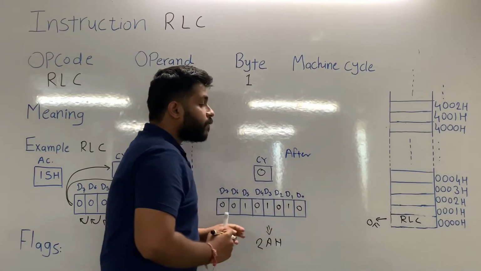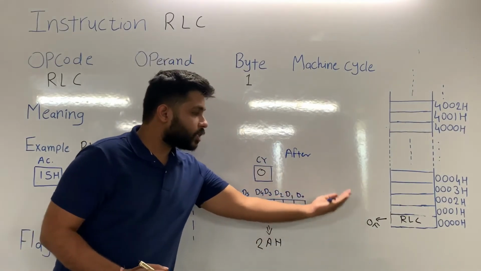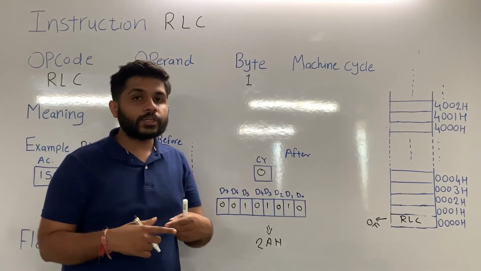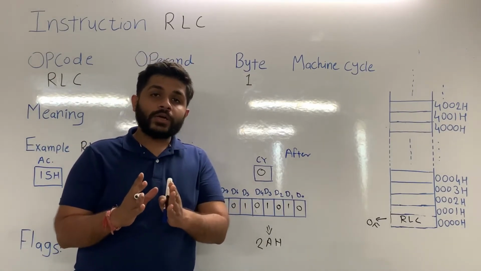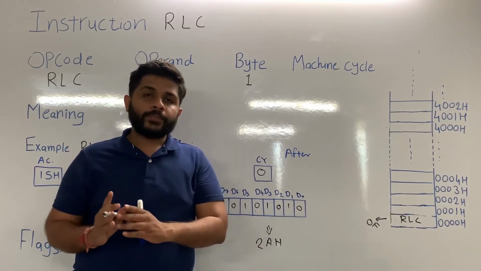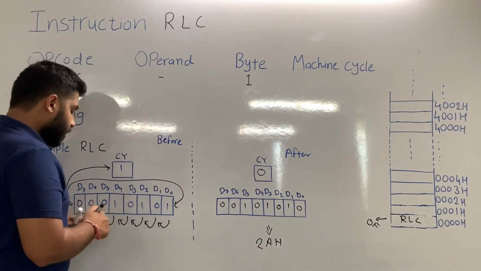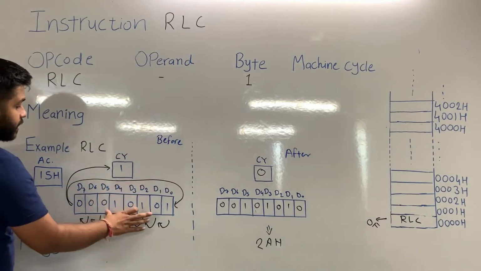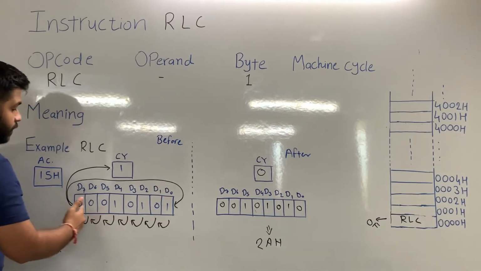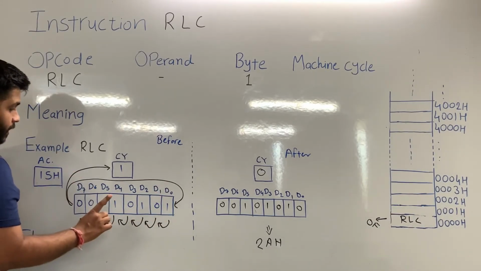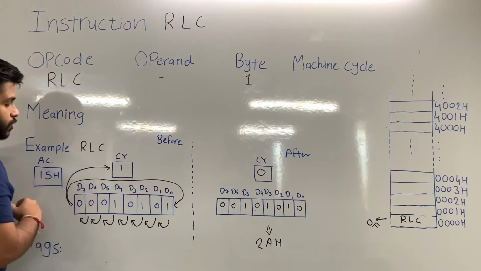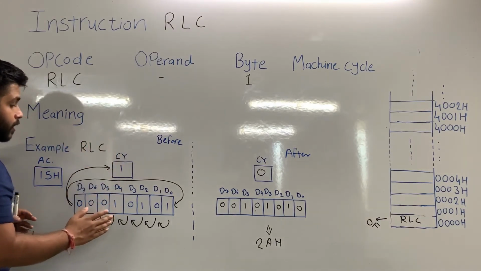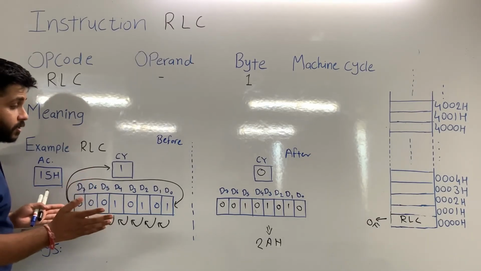When the microprocessor performs the opcode fetch, this whole instruction will be transferred into the microprocessor. Then the processor will decode that instruction. After decoding, it will execute. Now if you pay attention, during the execution what is happening? During the execution, the content of accumulator is shifted to the left side by 1 bit and the content of carry flag is also affected. If you remember, the carry flag and the accumulator both are part of the microprocessor.